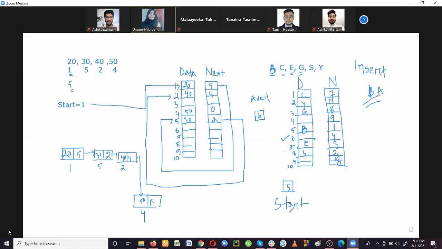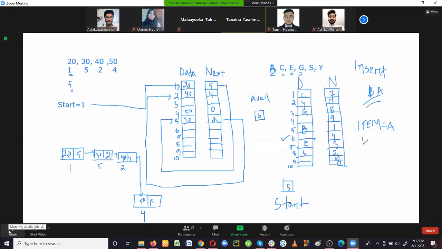Item, position. Sorry? Ma'am, item and position. Item, okay. We need to know about the item, suppose item equals to A. And the position. Okay, we need to know about the position. That means the inserted position, right? Where we are going to insert the data item, the position, and then